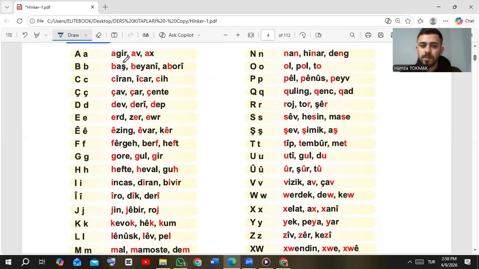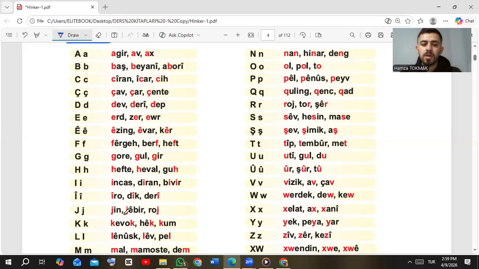baş, ciran, cav, dev, ard, êzing, fêrgeh, gore, hefte, incas, îro,